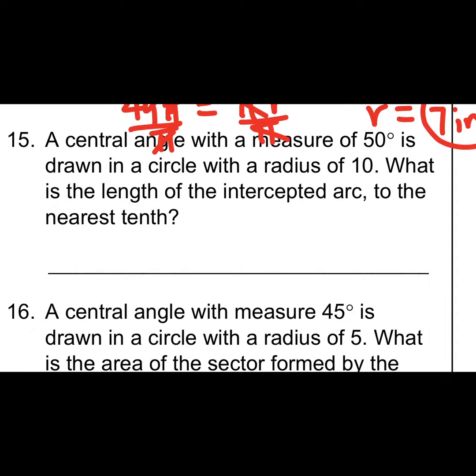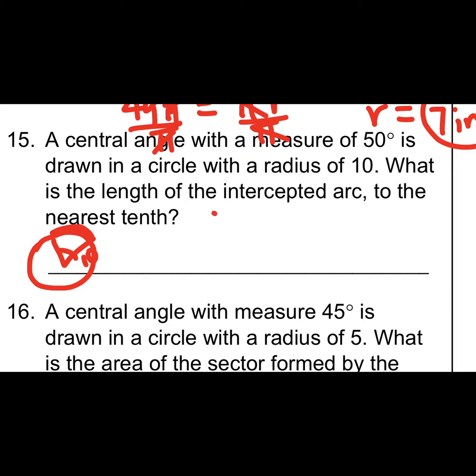Number 15, a central angle with a measure of 50 degrees is drawn in a circle with a radius of 10. What is the length of the intercepted arc to the nearest tenth? So we have a central angle, which is 50 degrees, and the radius is 10. And the question is, what is the length of the intercepted arc, which means we are looking for the arc